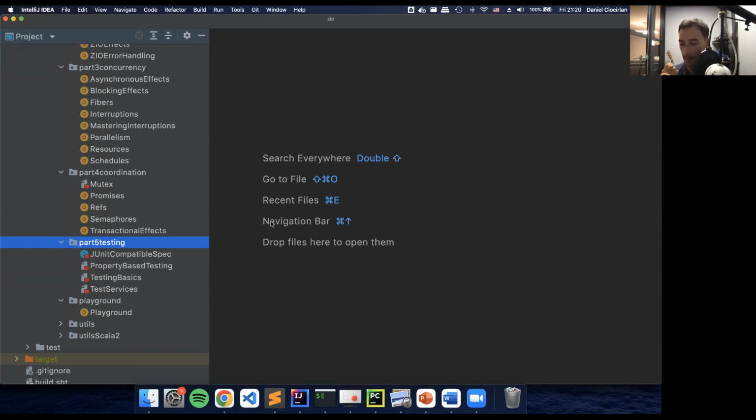What I found, for myself as a learner and through my experience as a teacher, is that the environment is indeed semi-deferred. So I don't dive into the environment very early. The environment is only introduced with respect to the original IO data type.